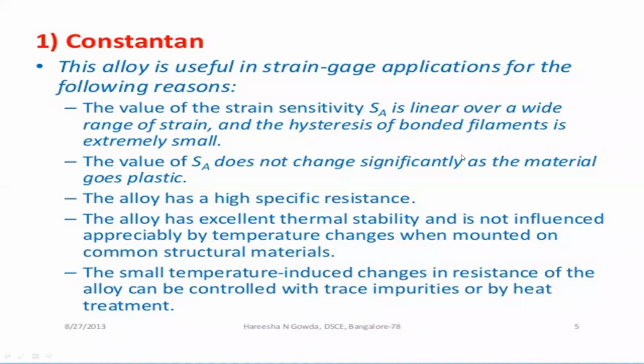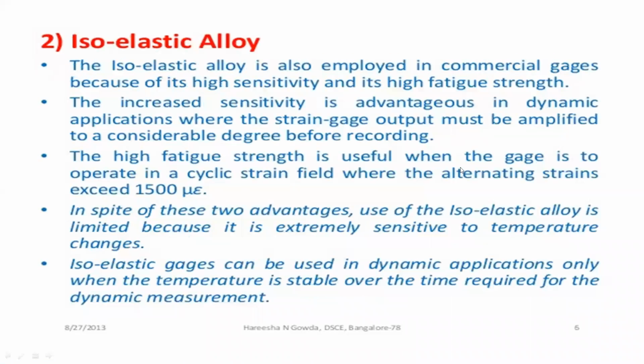Okay, the small temperature induced changes in resistance of the alloy can be controlled with trace impurities or by heat treatment. Very small amount of temperature changes occur on this electrical resistance strain gauge. It is controlled by using trace impurities or heat treatment of that strain gauge. Okay, and next one,